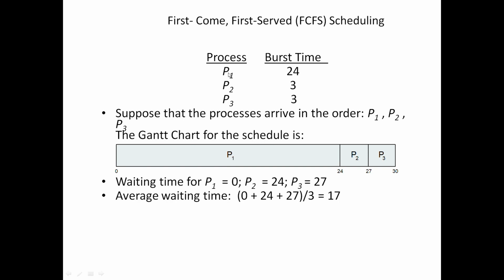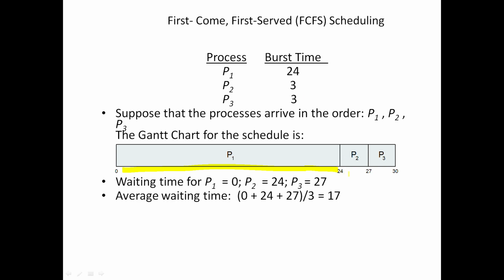Here we have process P1, and the burst time is 24. So the process P1 will be executed from 0 to 24. This is process 1. The next process in the queue is P2. The burst time for P2 is 3, so it will be executed from